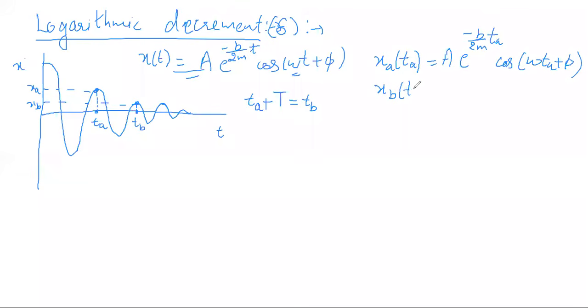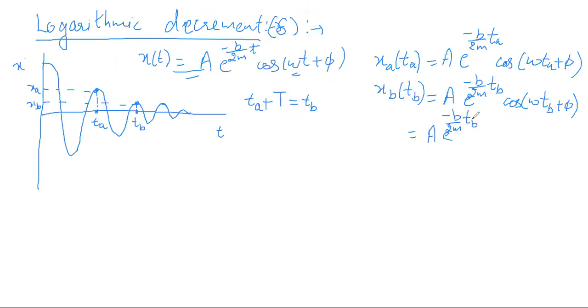Similarly, अगर आप point B की बात करते हैं, you can write the similar expression for point B also. Let's simplify this term here itself before going to next step. I can further write this as A e raised to power minus B upon 2m